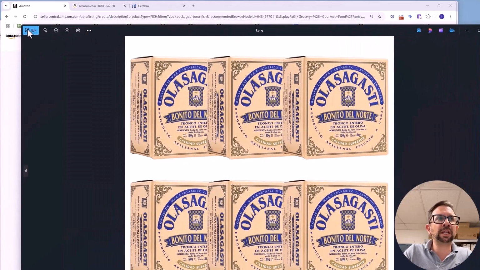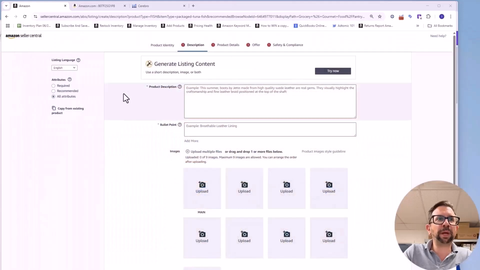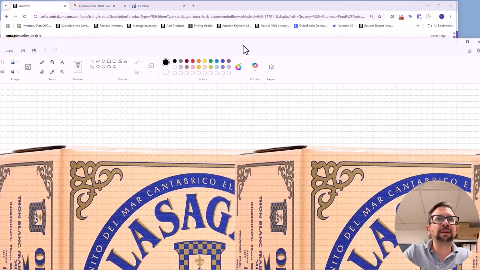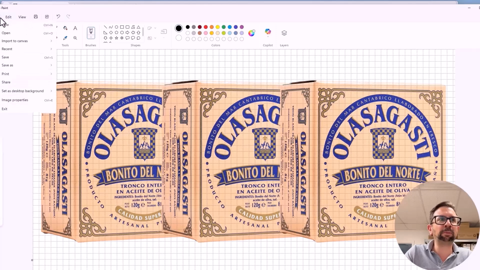So let's see edits, and can I resize it here? I'm more familiar with Paint, the old Paint program. So I'm going to open it with Paint. Okay. And then let's see here. This button, I believe, is resize, and we're going to cut the size down by 50%. And then I'm going to save it as